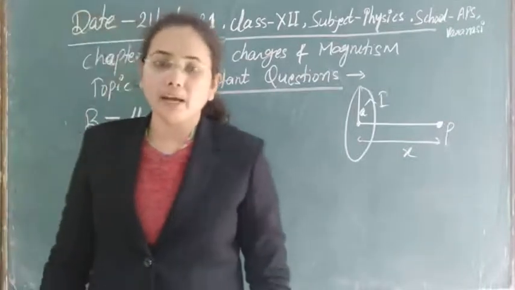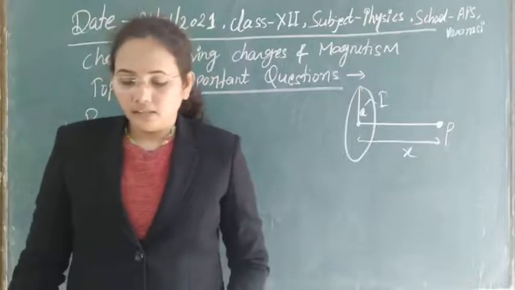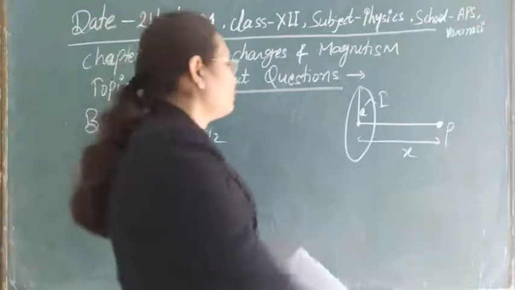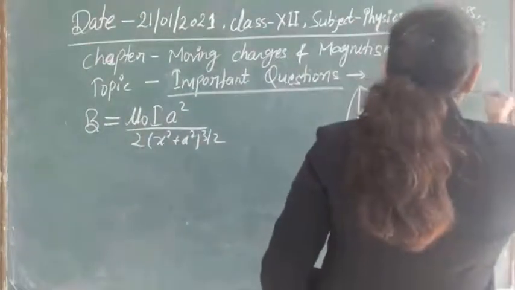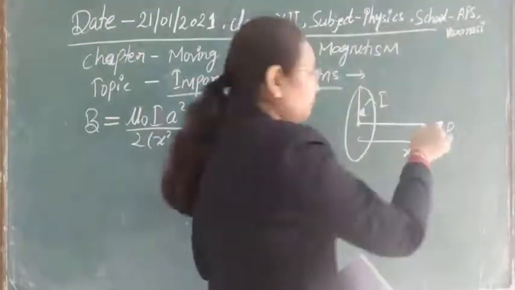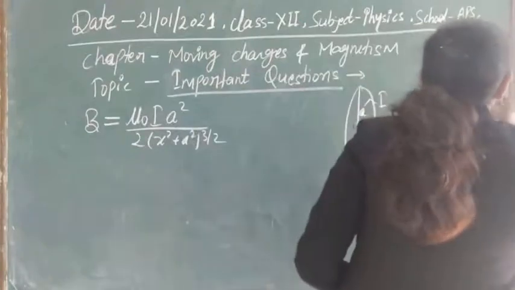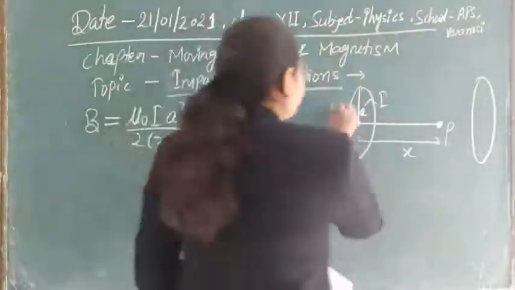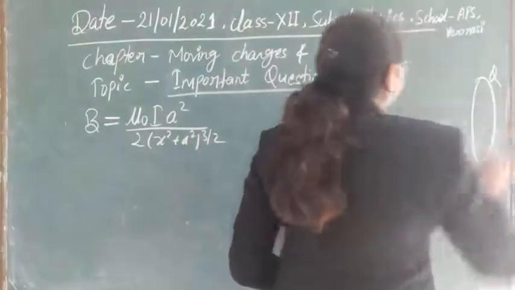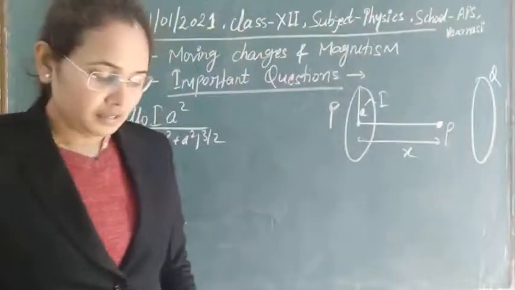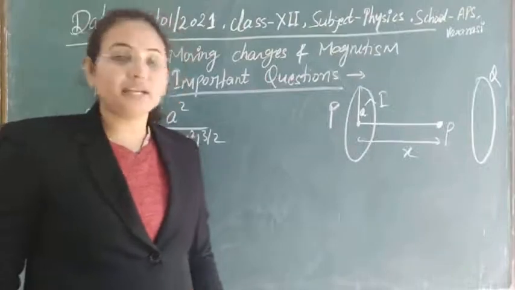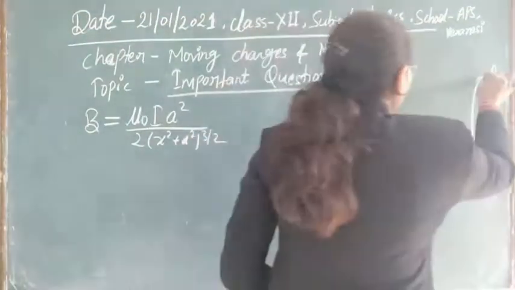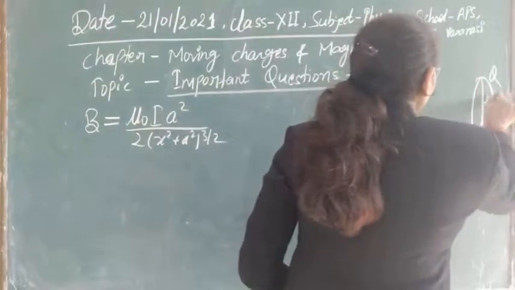We have one numerical problem based on this: two identical circular loops P and Q. Suppose we have two identical circular loops. Suppose this loop is P and this loop is Q, and each has radius small r. Here this radius is given as small r, and this one also has radius small r,